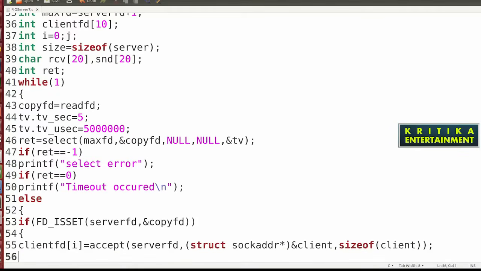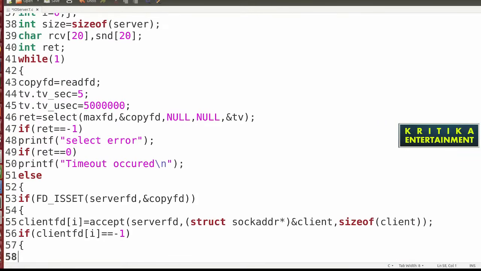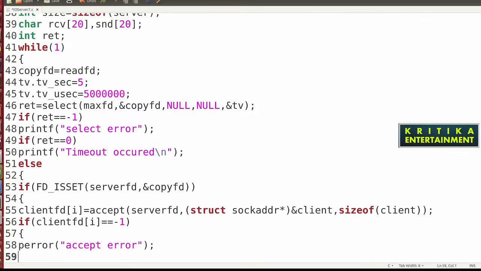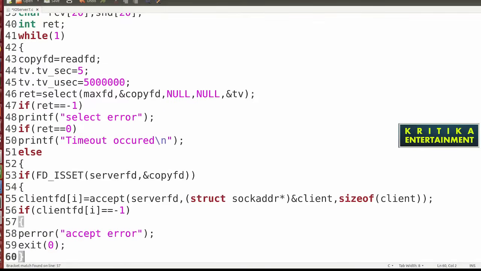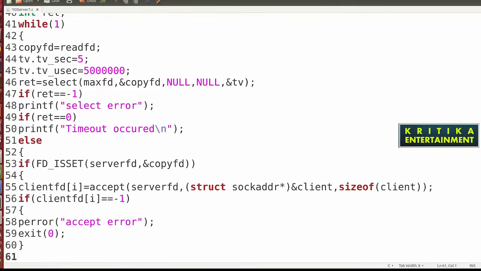Then if client fd i equals minus 1, then perror accept error, then exit 0, then close the bracket.